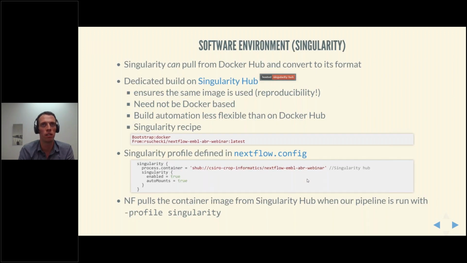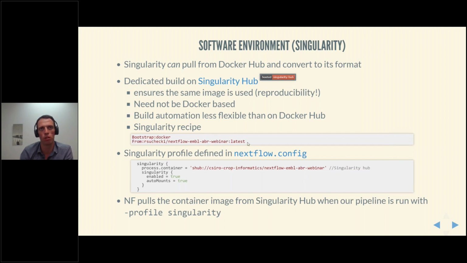Similarly with Singularity, you could define it from scratch, as you could define the Docker container from scratch. You need not use Conda, in the same way you don't have to use Docker to build Singularity. But if you want to support both, that might be an easy way of doing that. In our case, our Singularity recipe is rather minimal. We're simply telling it to use Docker and build the Singularity container from that.